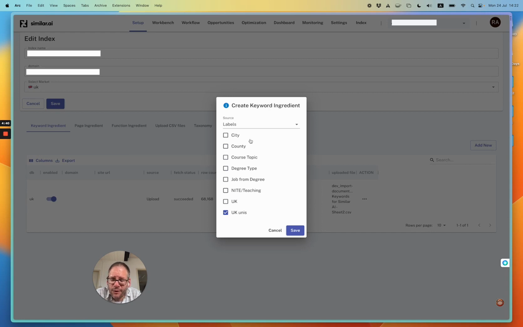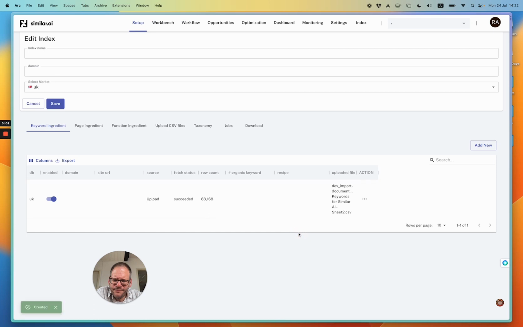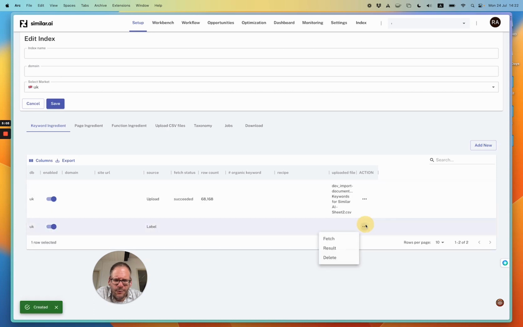And if there are no keywords that contain both, then we wouldn't pull anything back. So here we're going to pull back all of the keywords which mention any of those UK universities. There are limits in doing that. You can set those up or chat with your onboarding manager. So here we can click on fetch. That's going to pull these back from the SEMrush API,